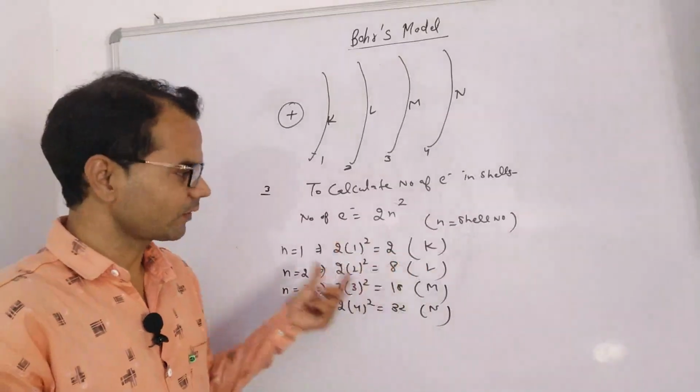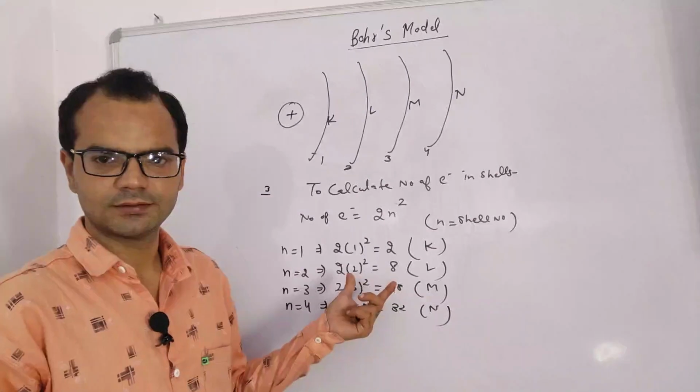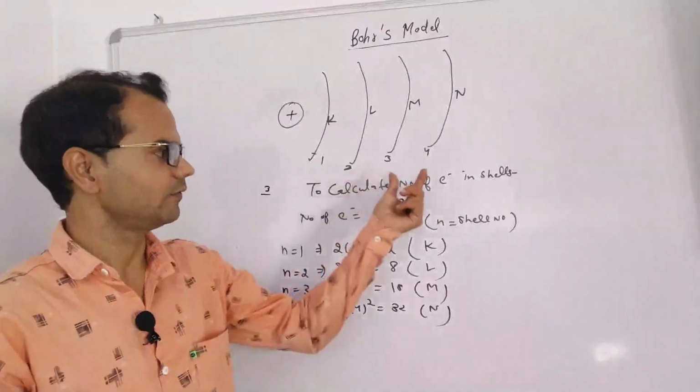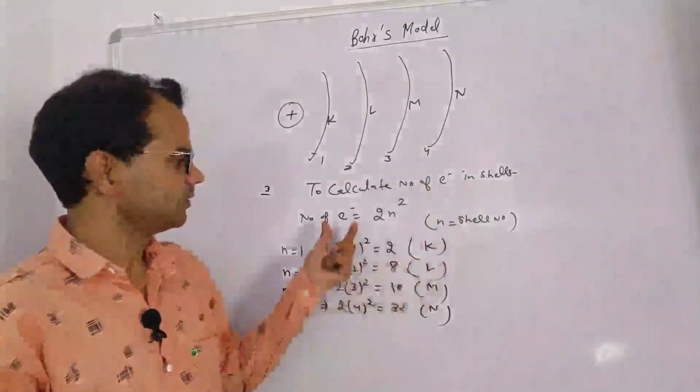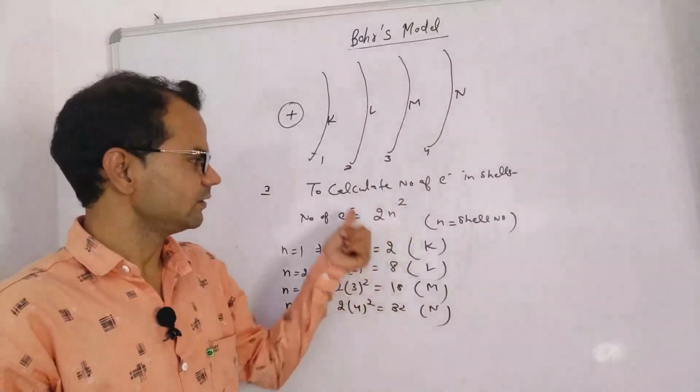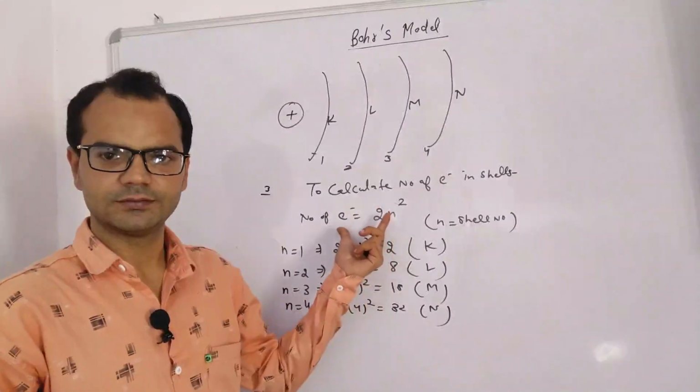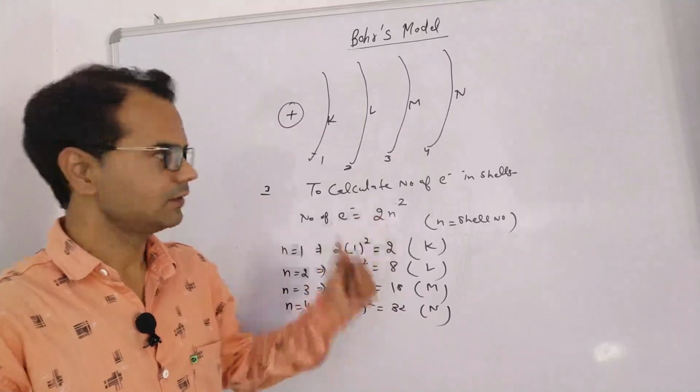This is again Bohr's conclusion. We can simply find out the number of electrons in any shell by simply putting the value of that shell in the 2n square formula. Easy. Next is